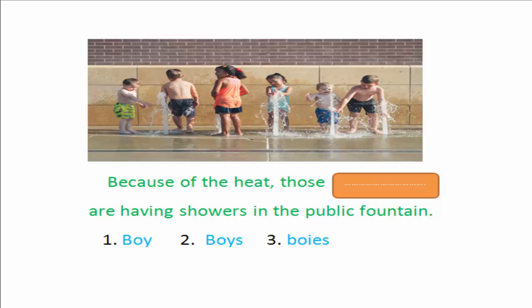Let us explain. Number 1, boy, B-O-Y, that is a singular form. And as we said, those, هؤلاء, is a plural. Then we have to be are, showers, are. This is also plural. And we can prove that by looking at the picture. See how many children or how many boys are there? More than 5. That is a plural. So boy is a singular. That is false. Number 3, there is